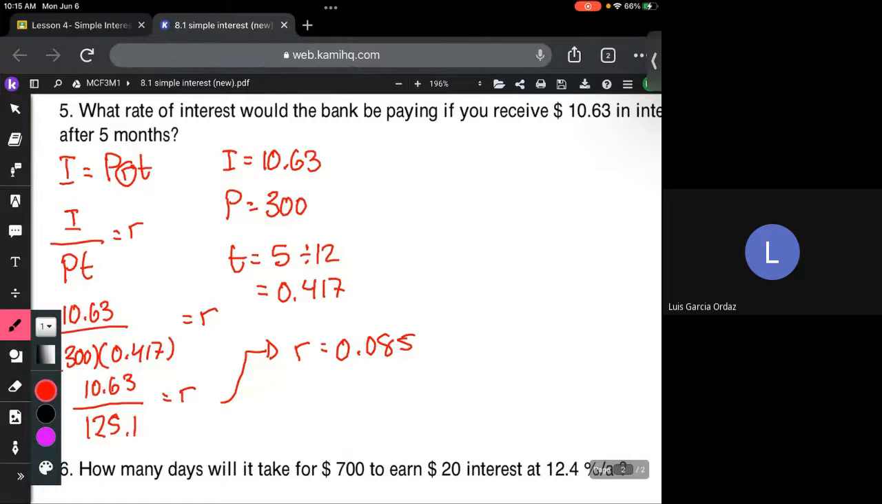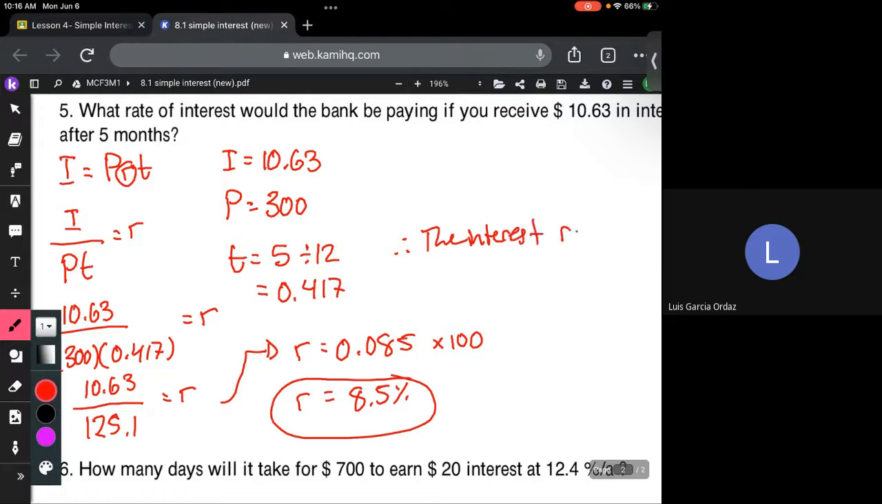So this is my rate as a decimal. How do I convert a decimal into a percent? Times by 100. So what is my rate? Anyone? 85%. Not 85, 8.5%. Oops. So therefore, the interest rate is